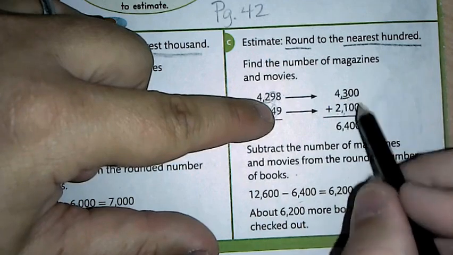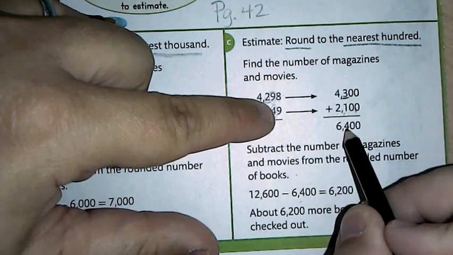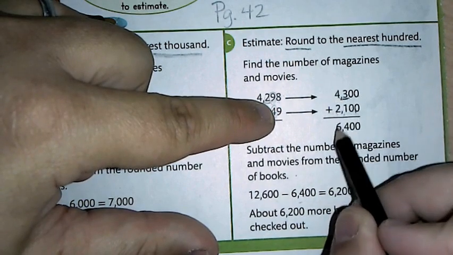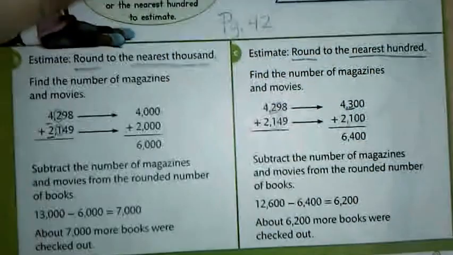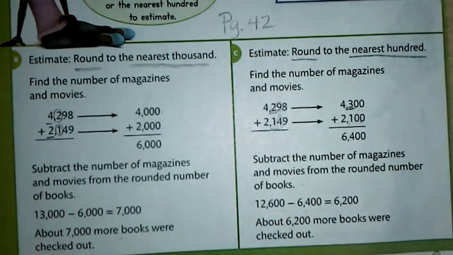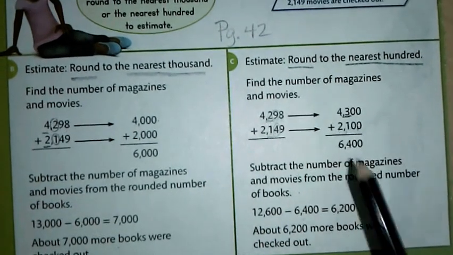When I add these together, 0 plus 0 is 0. 0 plus 0 is 0. 3 plus 1 is 4. 6 plus 2, or 4 plus 2 is 6. So 6,400. All right. When we do our subtraction, we estimated our books, which was